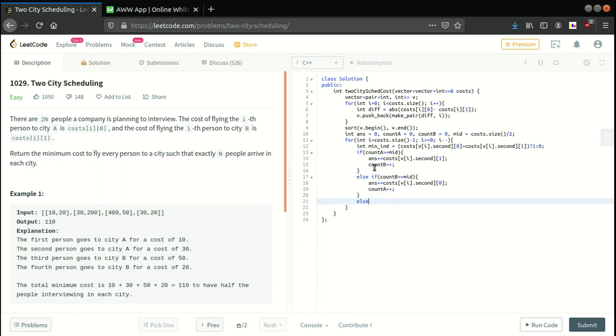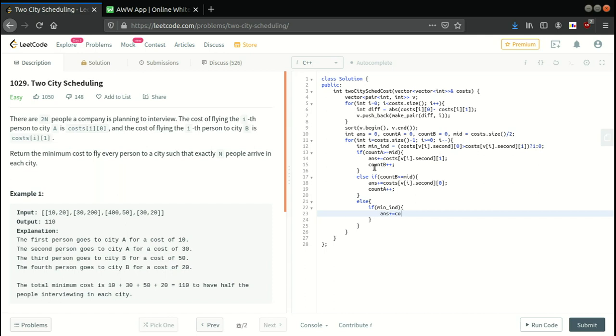Else if our minimum index is 1, then basically in this else statement, if our minimum index is 1 and countA and countB are less than half of our data set, then we are going to that city.